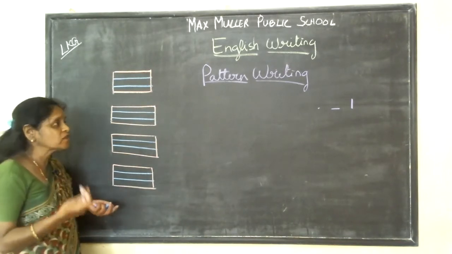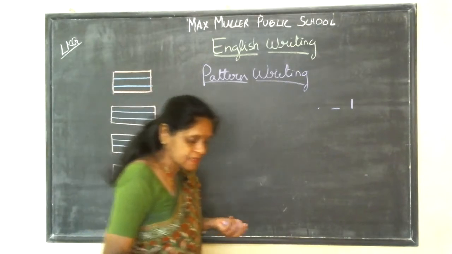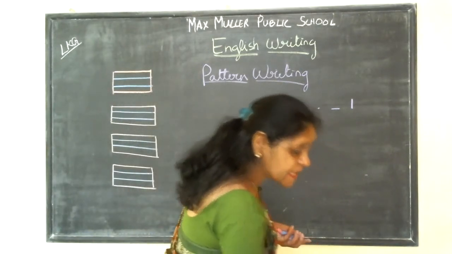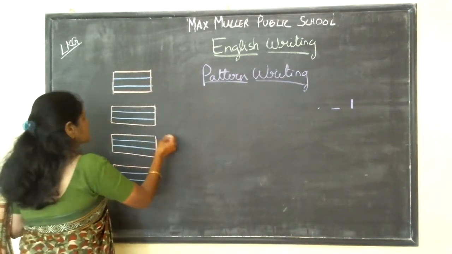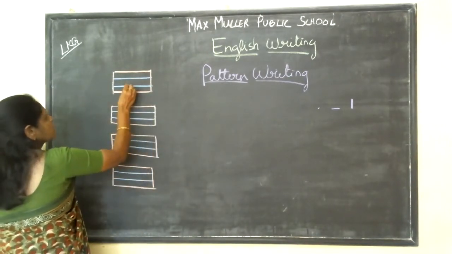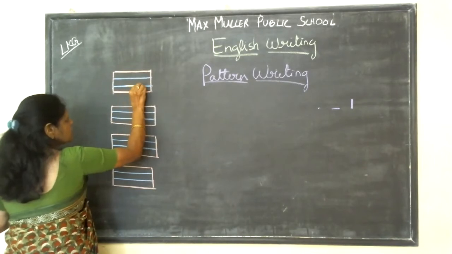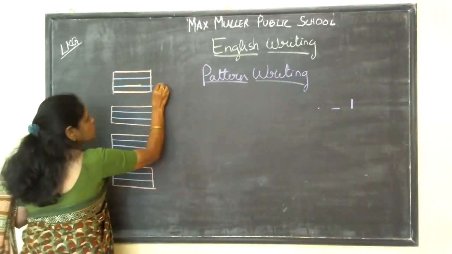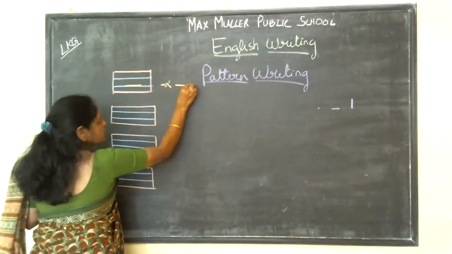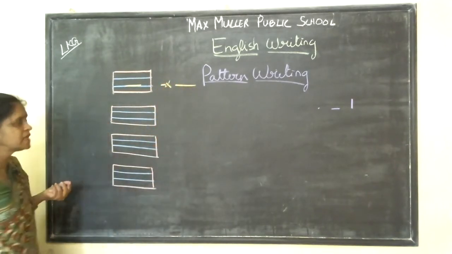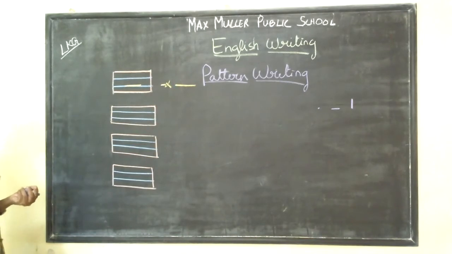So the next pattern what you are going to learn, that is sleeping line. What? Sleeping line. How do you write sleeping line? You are going to write in the second blue line, sleeping line. You are going to write, don't put small dash, it will become dash. So this is wrong. You have to put little long. That is sleeping line.